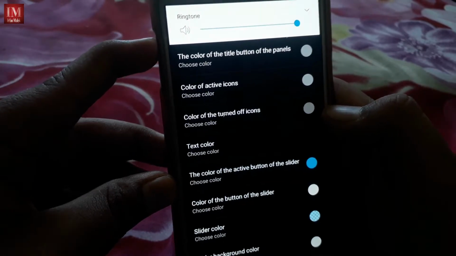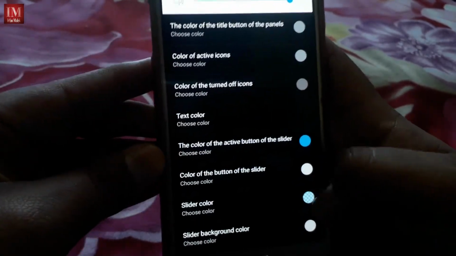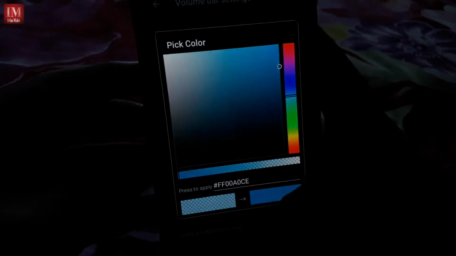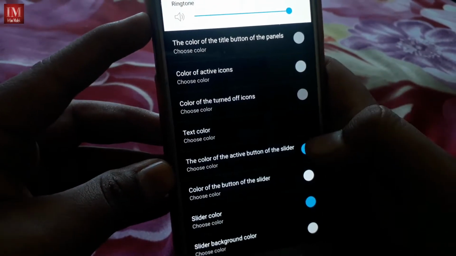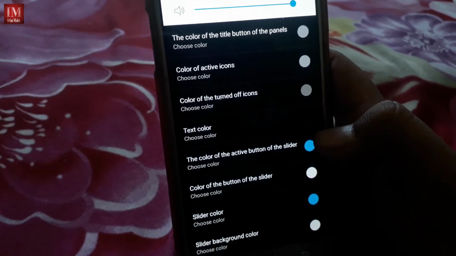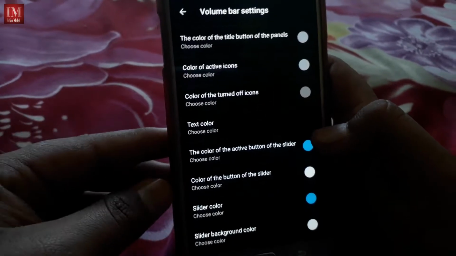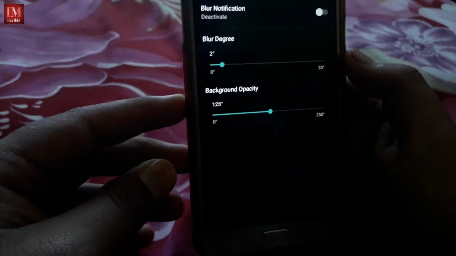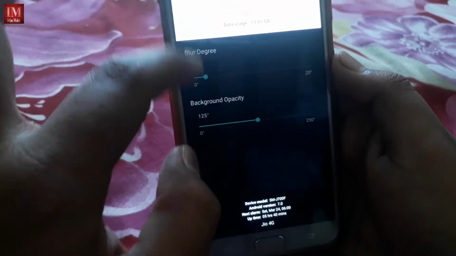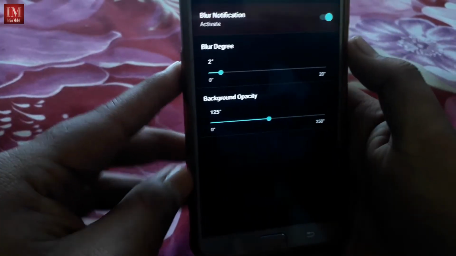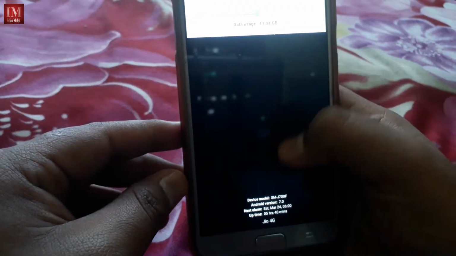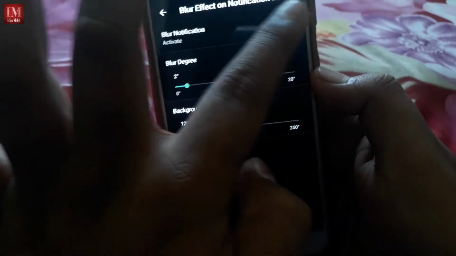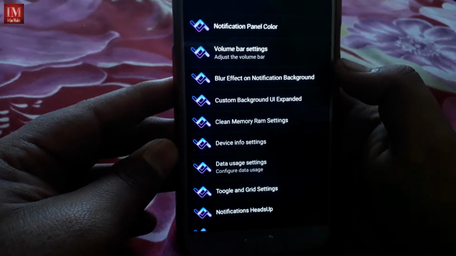Okay, so as you can see, the color has been changed. Now you can even do blur settings over here. You can turn it off, on, and you can see the blur. Okay, so that feature is pretty awesome.